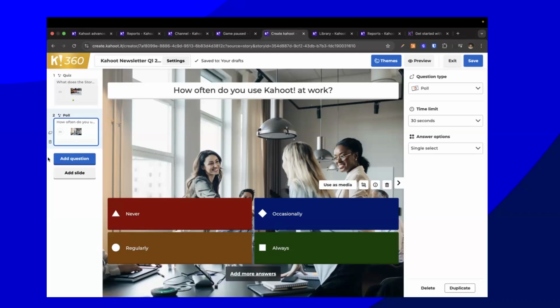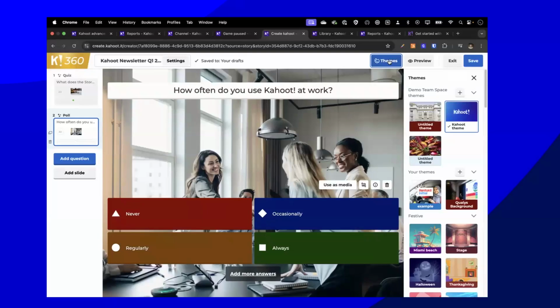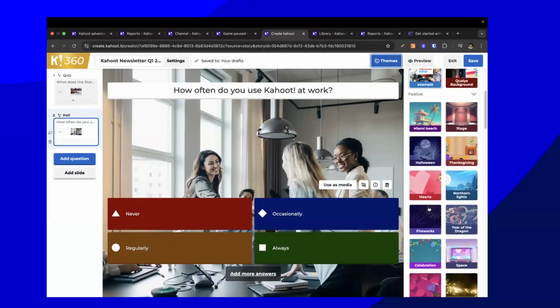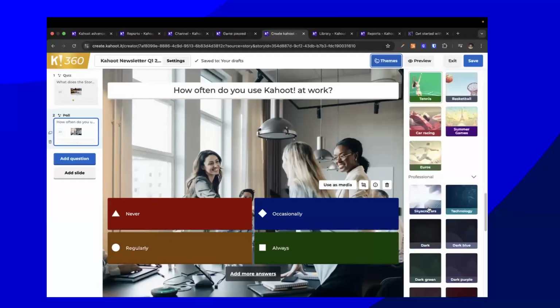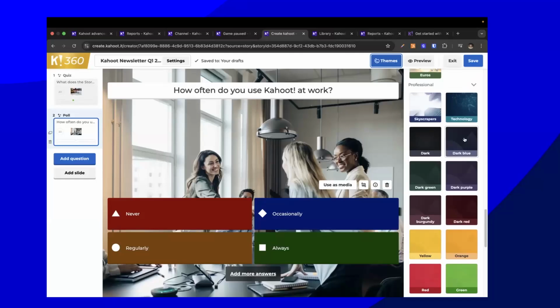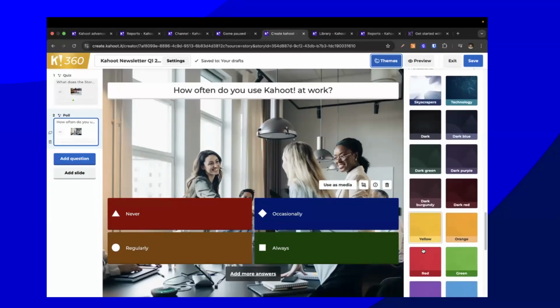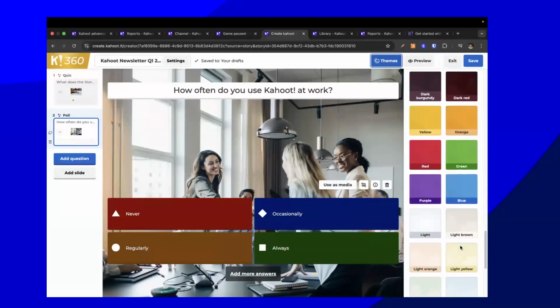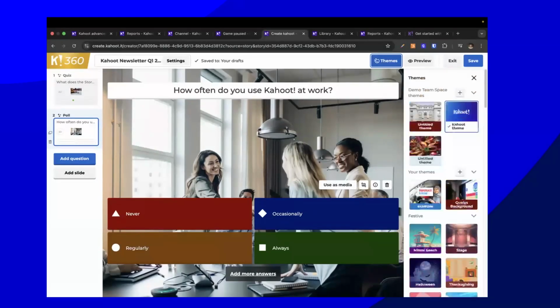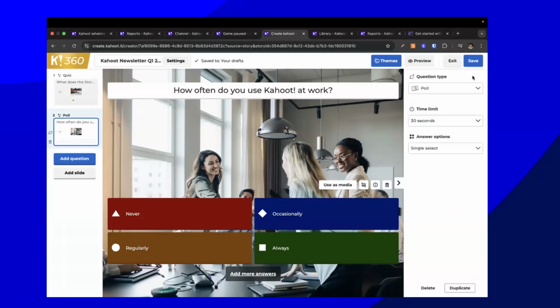Yeah. Another thing to note as well here is in the themes, if you want to personalize your Kahoot a little bit more, within all our plans, we have now given you more options to make professional looking themes. The idea is to match your presentation when you are playing your Kahoot. So you have more options here. You might want to explore that.